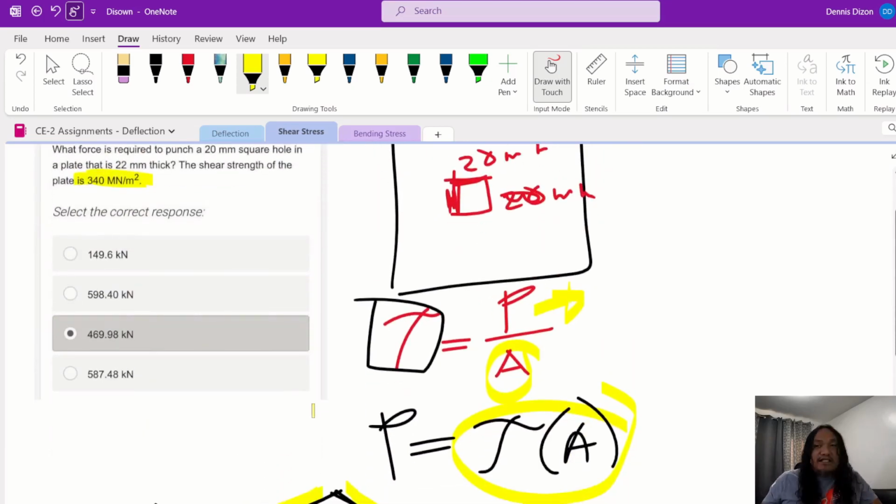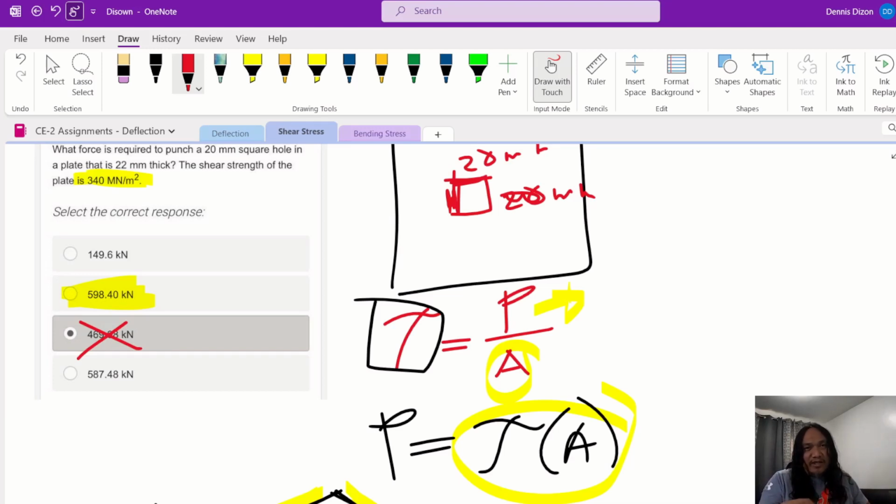598.4. So the answer should be this one, letter B, not letter C. So this is wrong. All you have to remember is shear stress, or P over A. If the area there is the sheared area. But if the question is compressive force, then your area should be the projected area, which